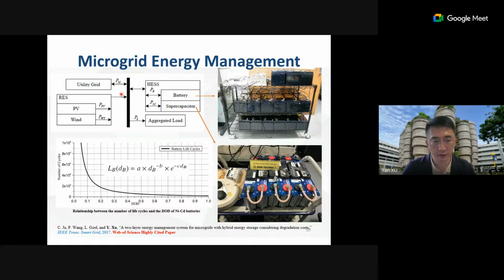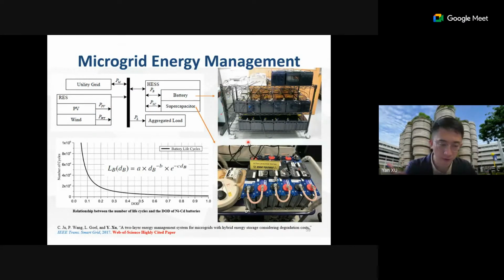Okay, because within this microgrid, we have renewables, we have hybrid ESS, we are selling power to the load. But in the meantime, we may also import or export power to the utility grid. So our objective function is to minimize the total operation cost or maximize the total operation revenue of the microgrid system. And here we have to consider the operation cost of the battery because, you know, yesterday we also discussed